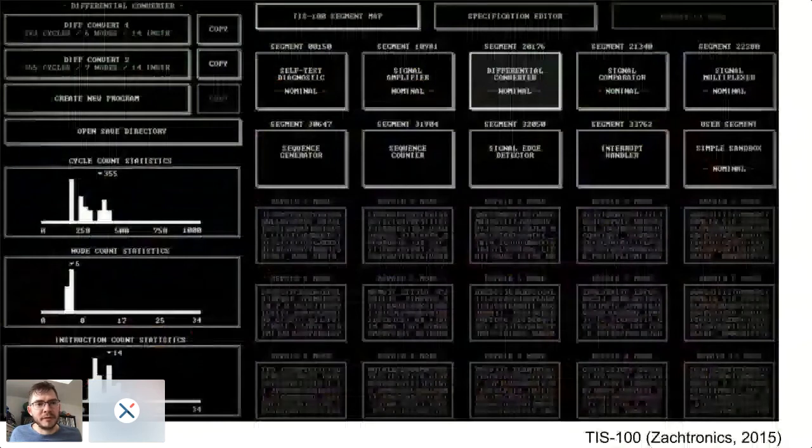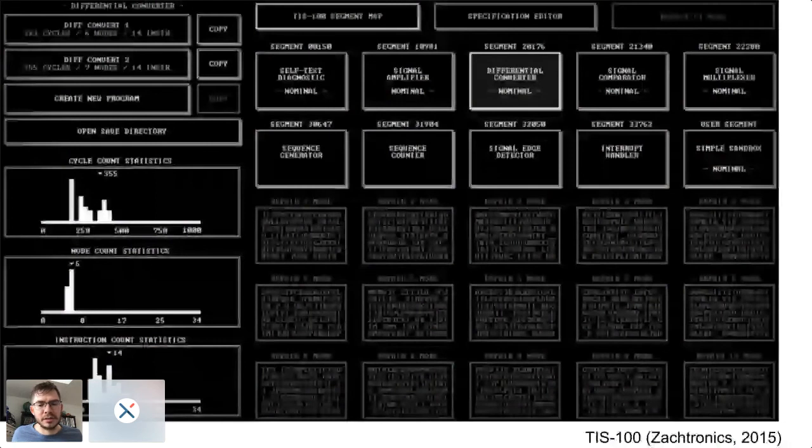That's one of my favorite games, so maybe I'm biased by bringing it here. It's called TIS 100. And here, in this case, you have open problems to solve by coding in assembly with a network of really limited processors. So assembly is a very old programming language, low-level machine,